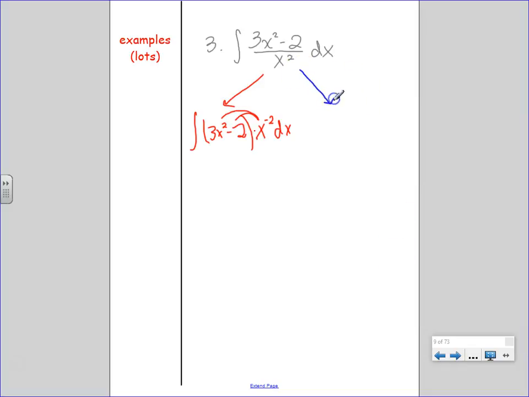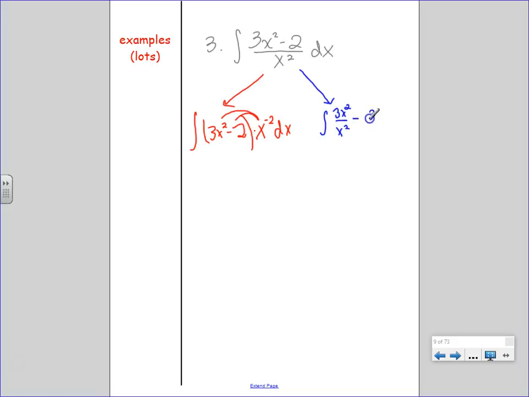You're allowed to break up when there's addition or subtraction on the top. When I taught Algebra 1, I called it the heart method. You can go ahead and group this guy with the denominator because he has that denominator, but this guy also has that denominator. I have 2 separate pieces with a common denominator. It's a silly way of remembering it. I call it the heart method, but basically you could also think of it as, and they both end up in the same place. You could think of it as 3x squared all over x squared